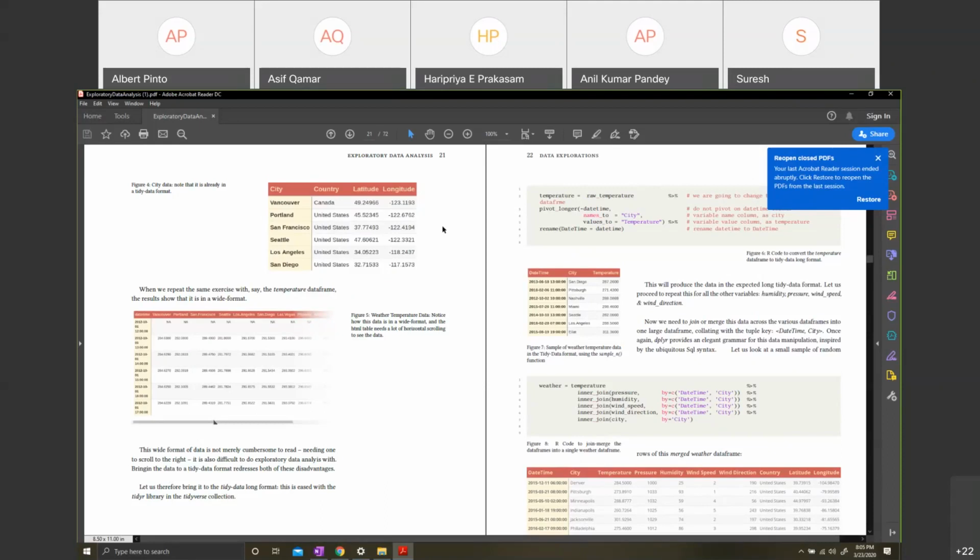We would say that this is tidy data. The way to do that is to just read one row and say, is it about one thing? Vancouver, Portland, San Francisco, one city. These are the features of the city: which country the city belongs to, what is the latitude and longitude.